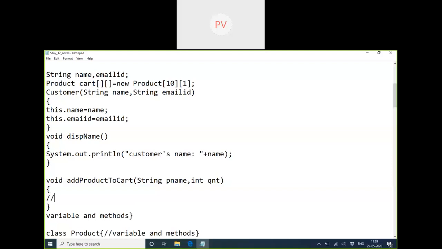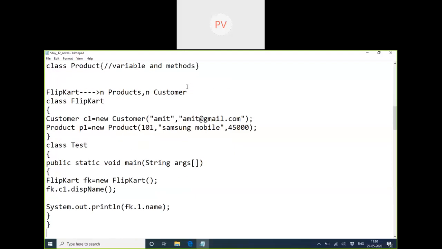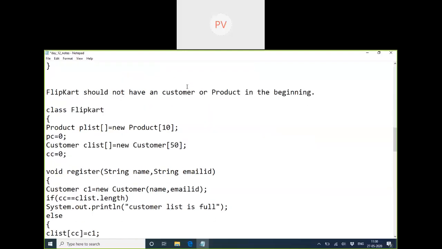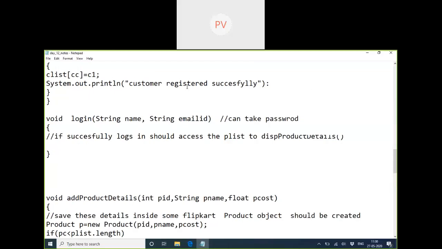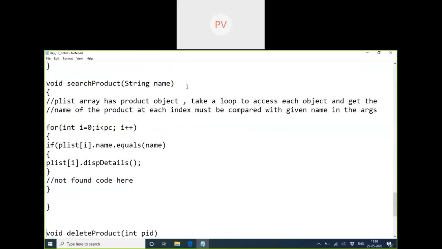Is that clear? Yes, ma'am. Will you be able to try to some extent? Yes, sir. Shall I leave this program till here? Okay. I'll send this code to you anyhow, so that you can plan it and start coding again and test step by step. Okay. Any doubts as of now?